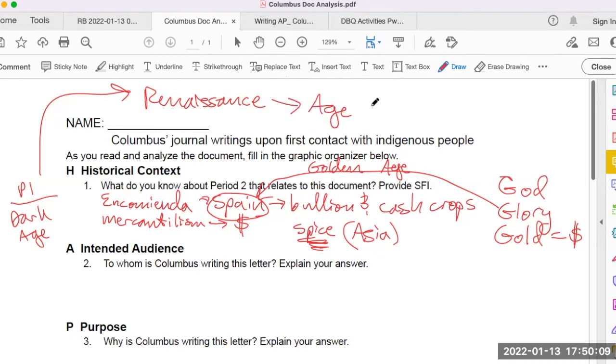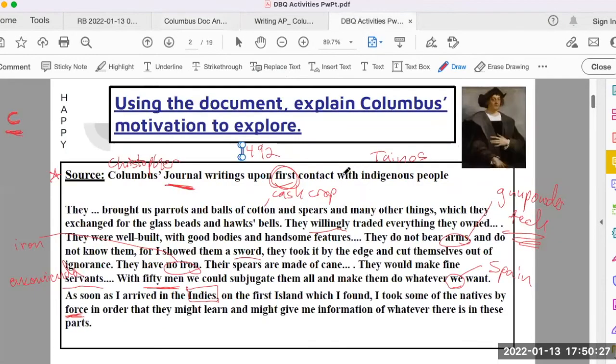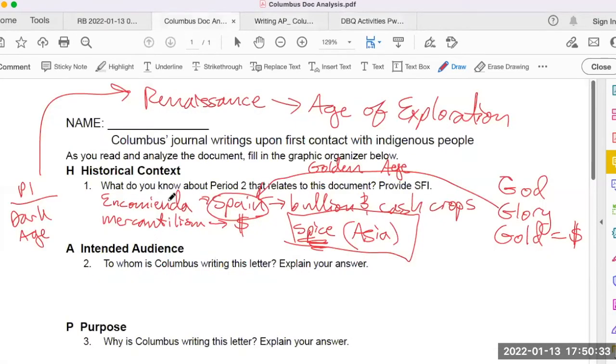age of exploration. Now, whereas Portugal found a route to Asia and the spice trade by going around Africa, Spain had to find a different route. That leads us to, why is Christopher Columbus coming into contact with the indigenous peoples in the first place? So if you could write that into 1 or 2 sentences of background information, all of this is very specific factual information. Like, look at all of the vocabulary terms: encomienda, mercantilism, the bullion and cash crops, the 3 G's,